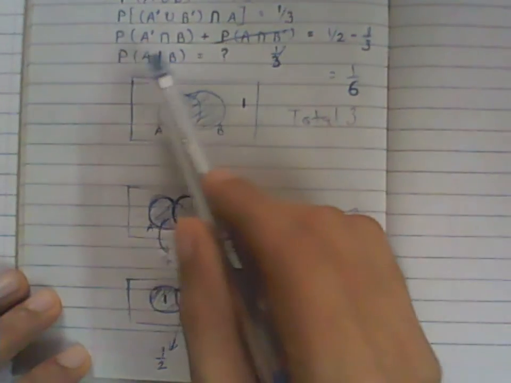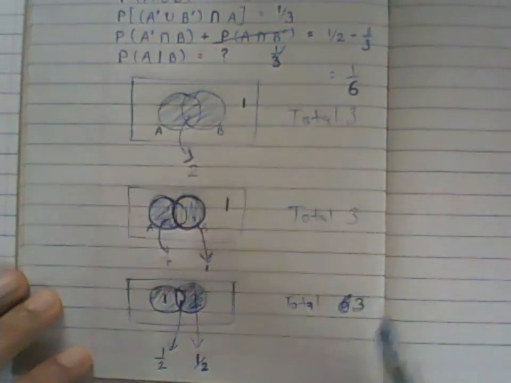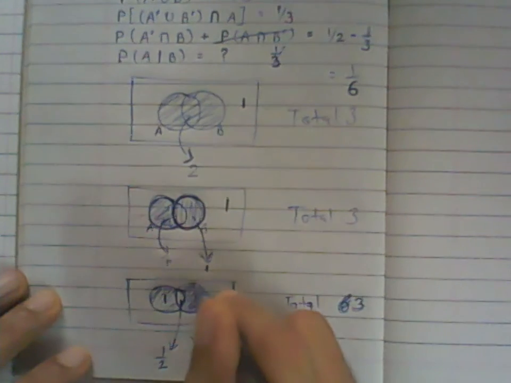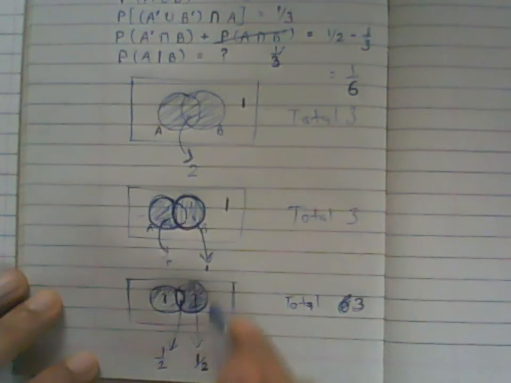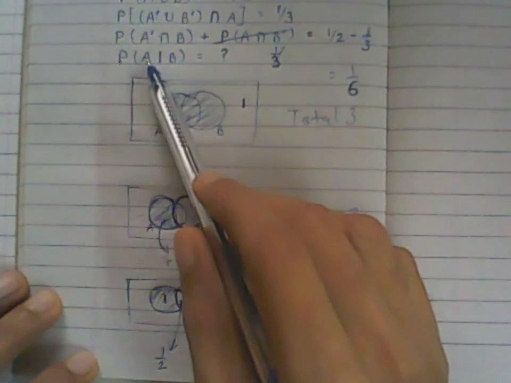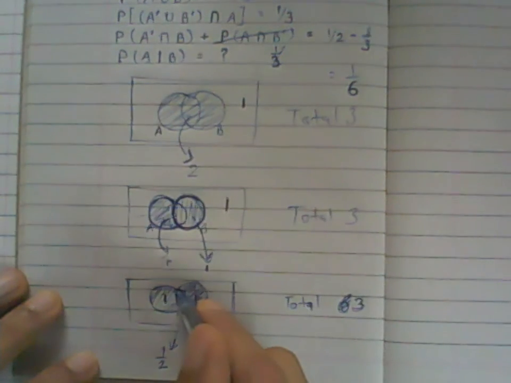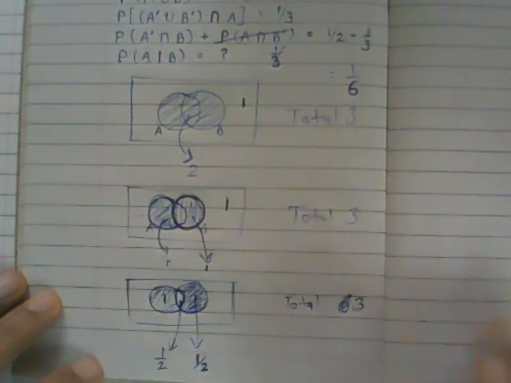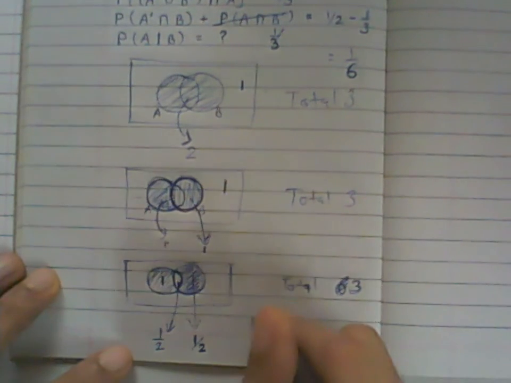We just need to find the probability of A given B. So our universe is now B. So our universe is just this much, which has half of it over here and the other half in this region. And we want to find the probability of our article being in A. That is in this part. That is actually in the intersection.